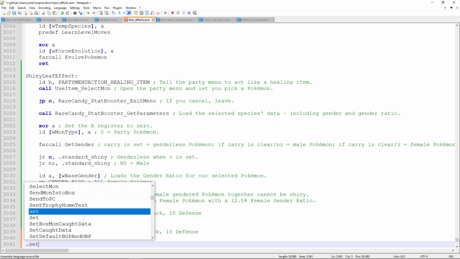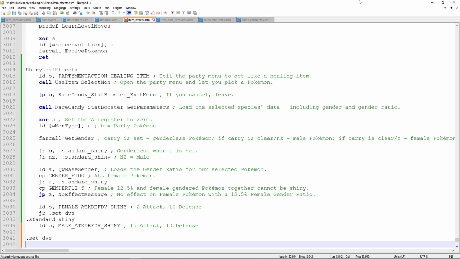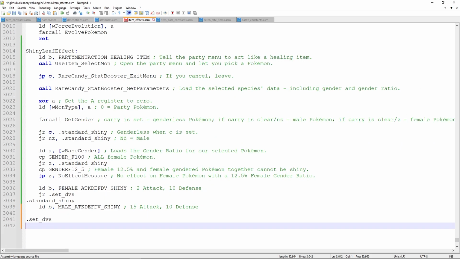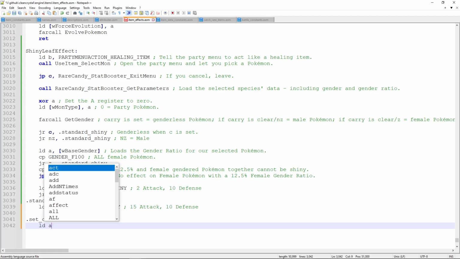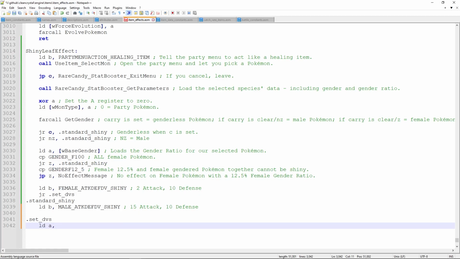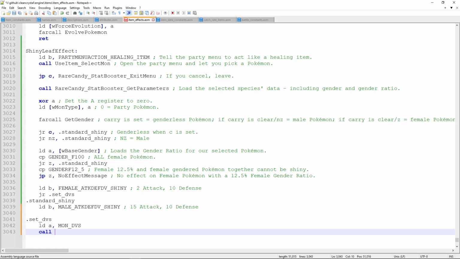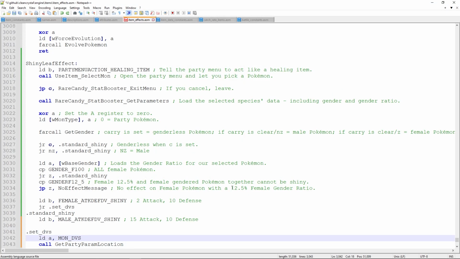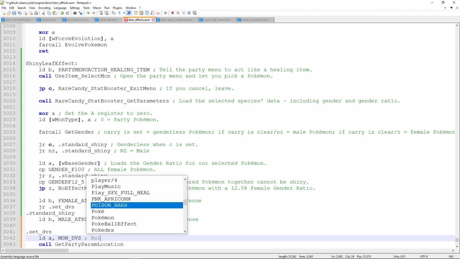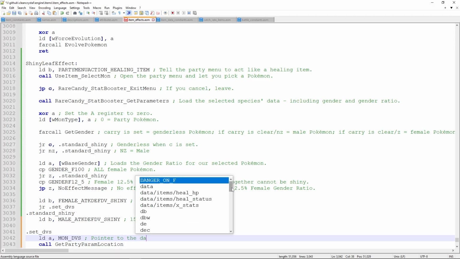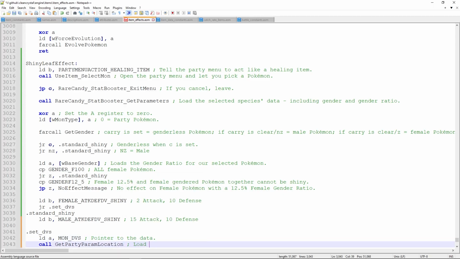We can go to set DVs at long last. And to do this, we are going to load our Mon DVs into A. So to do that, we do LD A, Mon_DVs, and we'll do call GetPartyParamLocation. So these two work in tandem to say, we want this part of the currently loaded Pokemon's data. So this is going to be the pointer to the data, and then this is going to load in the